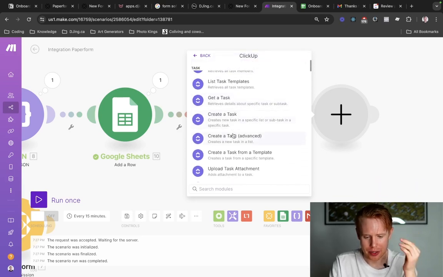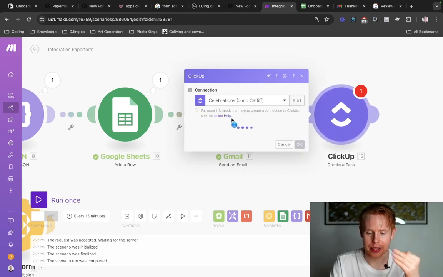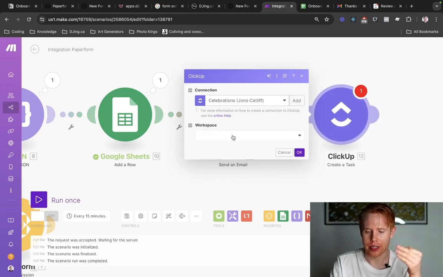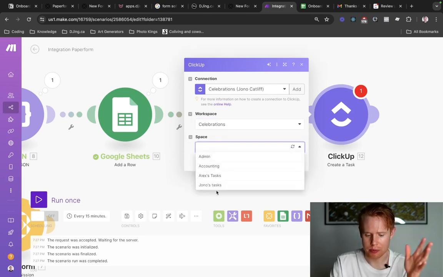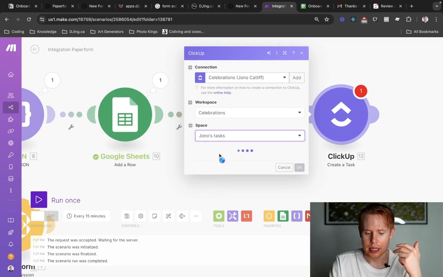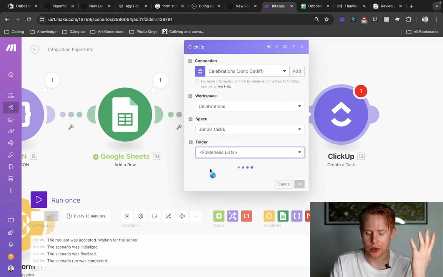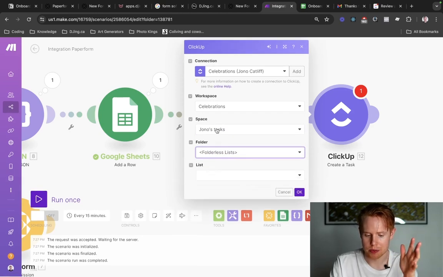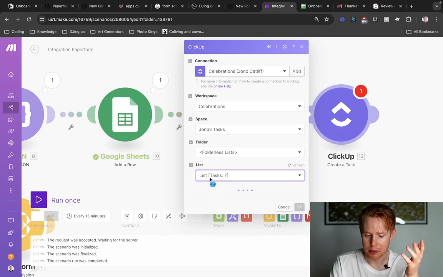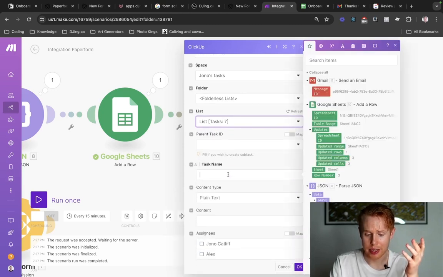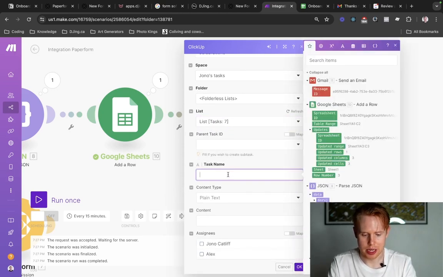And we can go ahead and create a task, right? All we want to do is create a task for us to follow up on and just make sure we're checking the planning form, everything looks good, and we're good to render our particular services for that client. I'll choose the space. It can be whatever space you want, whatever folder you want. You can have multiple folders, multiple spaces, and it can also be whatever list you want. I'm just going to choose my regular task list, and I'll name the task review onboarding